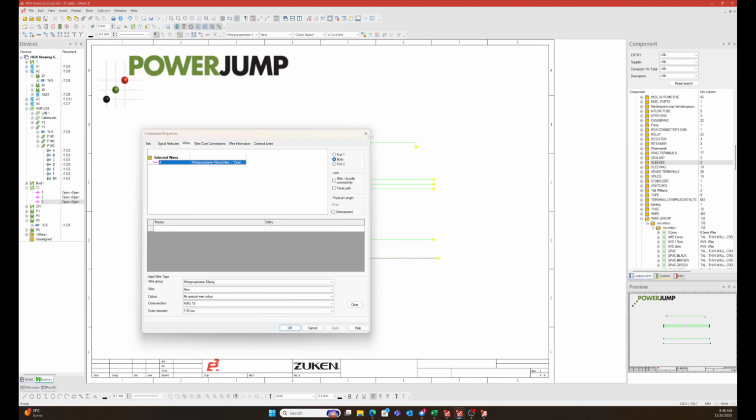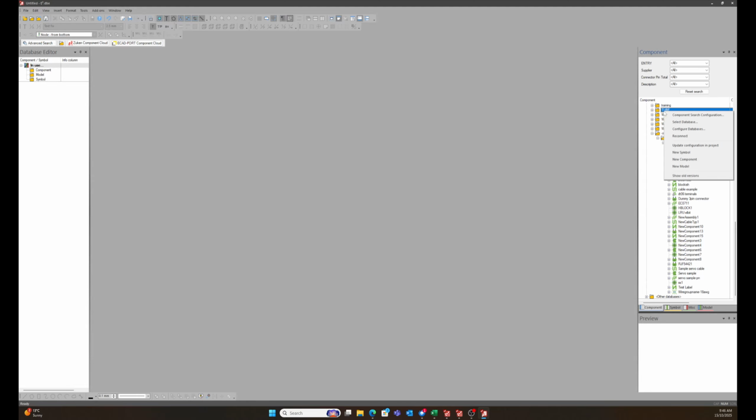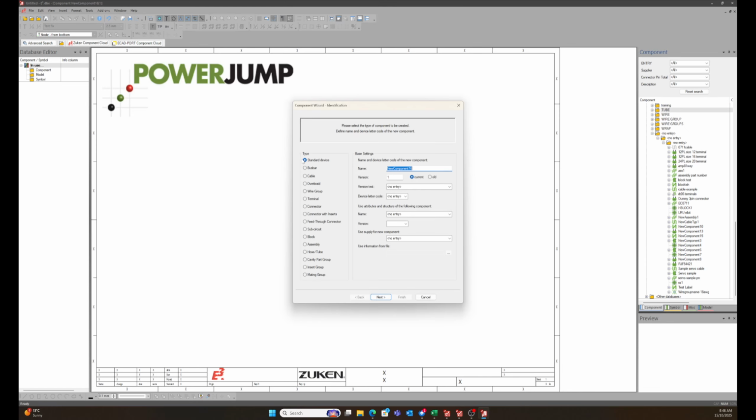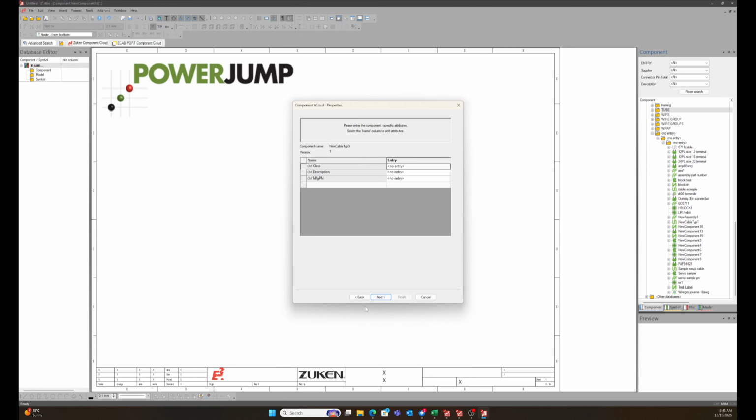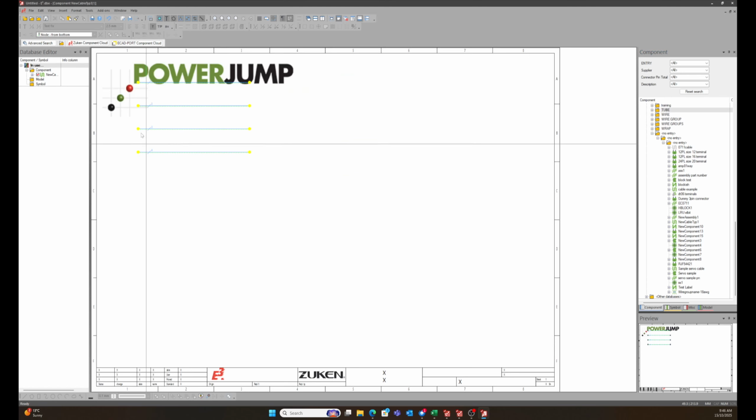So the next step is to create a cable. A cable is just as easy, if not easier. I can right click and select new component, and I'm going to choose cable, leave it blank, and again, just skipping through this, I can choose my number of cores and say it's going to be 4 cores. Hit finish. So from here, I can simply expand on the left hand side, right click and add shield. So I'm going to say everything shielded